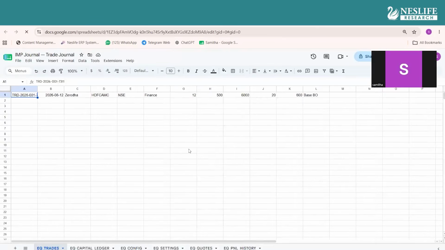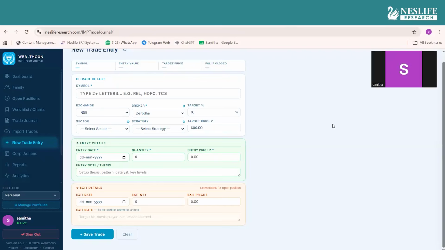Here you can see the same trade information that we just entered in the IMP Trade Journal. This makes it easy to keep all your trading records in one place and review them whenever you need. Using the IMP Trade Journal, you can keep track of your trades and monitor your investment performance over time. It helps you to maintain a record of your trading activity without having to enter the same information separately into